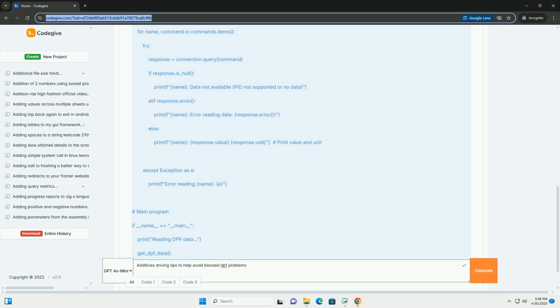2. connection = obd.OBD(): attempts to establish a connection to the OBD2 port. 3. Commands dictionary: defines a dictionary mapping parameter names to OBD2 commands. Important: the specific OBD2 commands, PIDs, for DPF related data can vary depending on the vehicle manufacturer, model, and year. You may need to consult your vehicle's service manual or use a more advanced diagnostic tool to discover the correct PIDs. 4. get_dpf_data function: